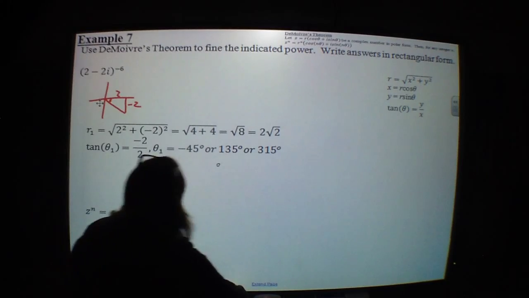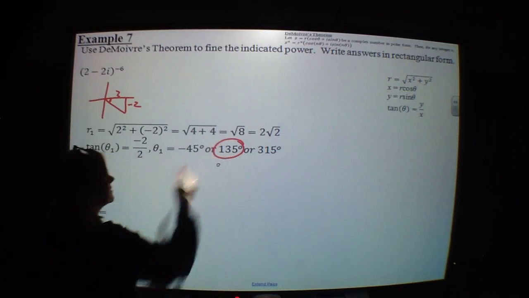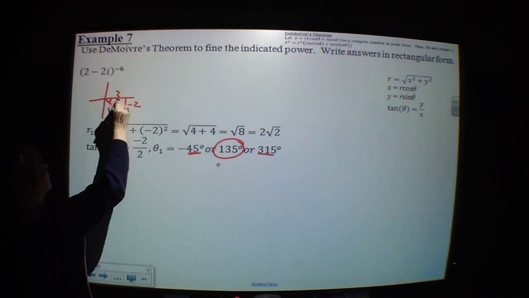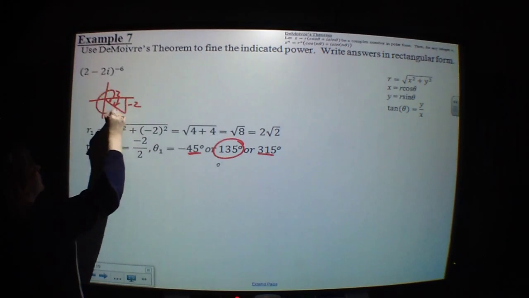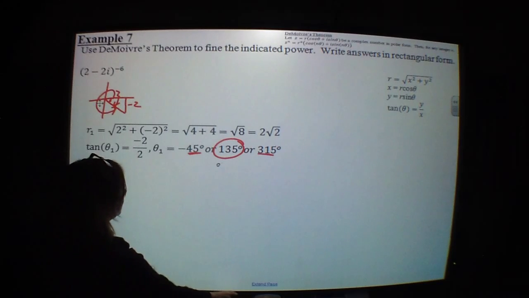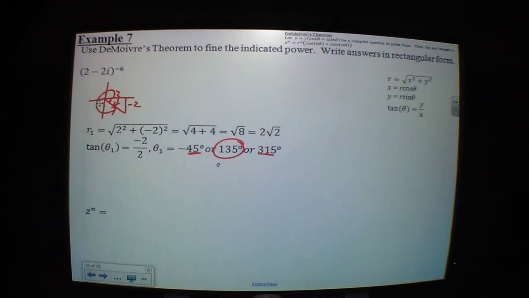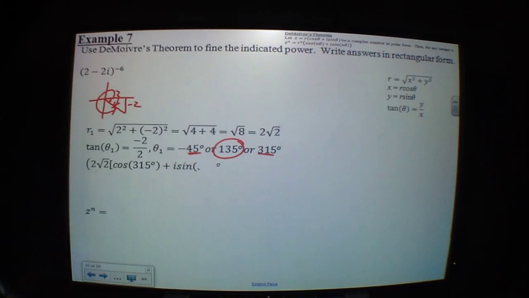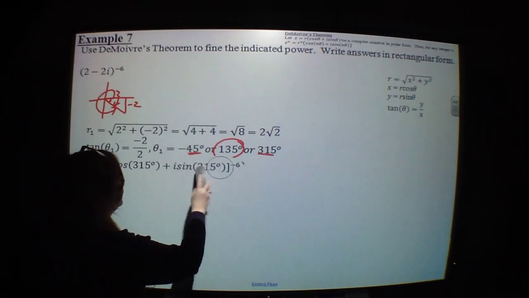So that's it in the second quadrant. Those are the same. There's -45 degrees. There's positive 315 degrees. Okay. So there's my angle. Now, let's rewrite this as r times the quantity cosine of theta plus i sine of theta